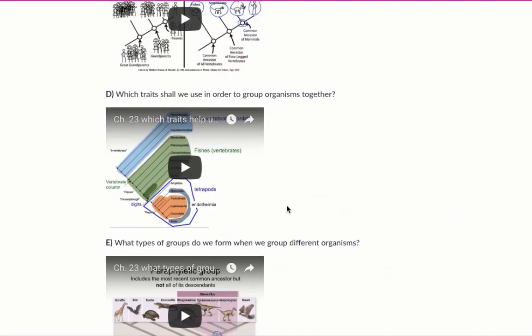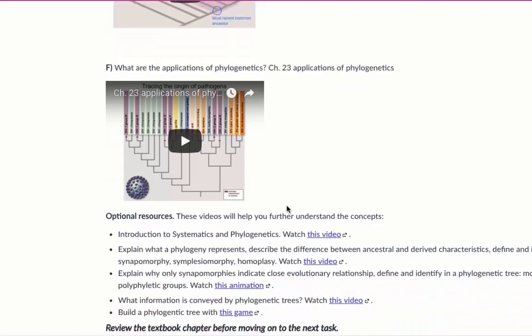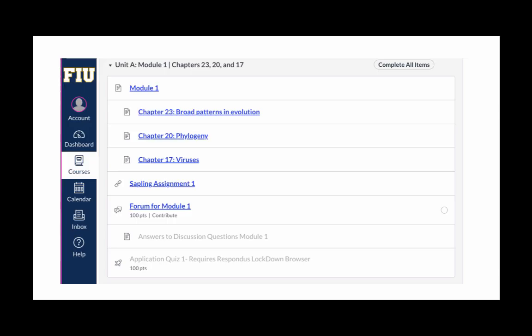So as you scroll down on this page, on the resources page, you will be able to see the mandatory video lectures. After you watch the videos that are assigned for those chapters, the next thing to do is to complete the Sapling assignment. Now you have the option between doing Sapling or doing PLTL. If you sign up for PLTL, then you attend your PLTL session that week. If you're not doing PLTL, then you need to complete the Sapling assignment for that week.